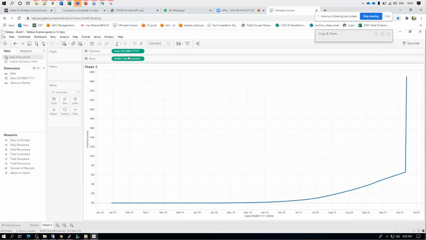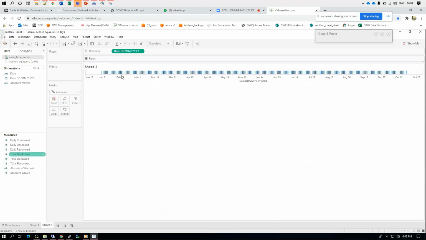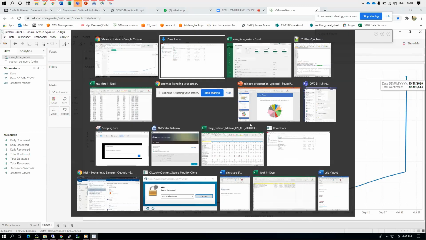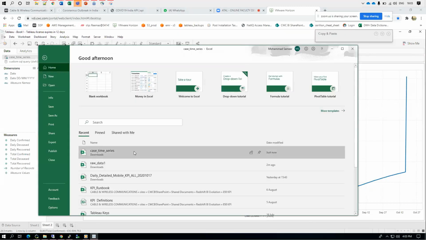So this is on total recovered cases. So let's check for total confirmed cases. I think there's some problem with the data. There's a big jump for